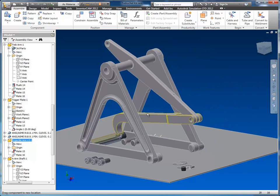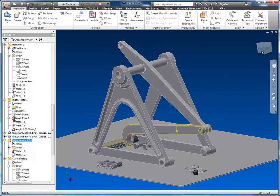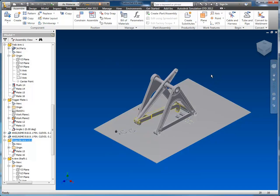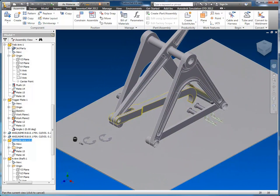And I can start to position it in a way that would make sense. And if you've seen my other assembly or dynamic simulations, you'll see that this arm is supposed to be flipped under, because we're going to put the weight up here and it's going to throw a projectile. So anyway, now that we've got that arm into place, I'm going to show you the assemble command